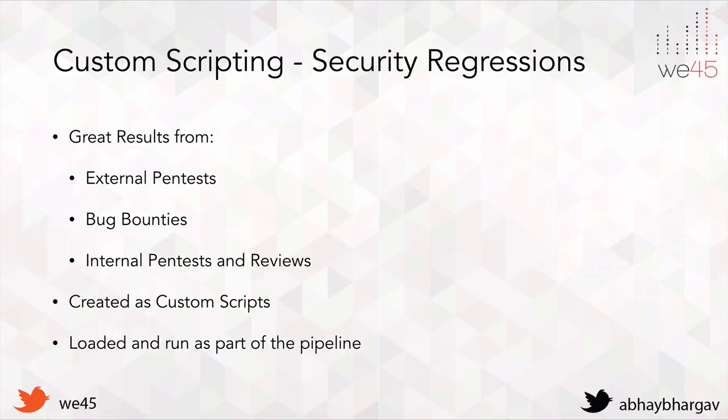So one of the things that we do at V45 is something called security regressions. And security regressions is a very powerful way of actually managing the entire flow. So let's say we are running a pen test, right? So we run a pen test and we find this kind of an authorization flaw or some complex crypto flaw, something that the scanner does not find. So what we do is we sit with a QA tester, or the pen tester herself automates this and creates an automation script for this particular flaw. And once they create an automation for this flaw, you can test it n number of times to check whether that flaw still exists or not.